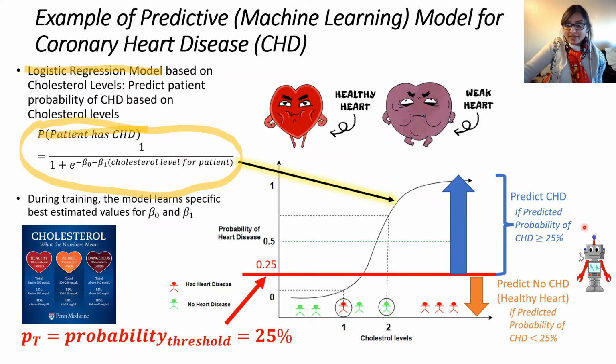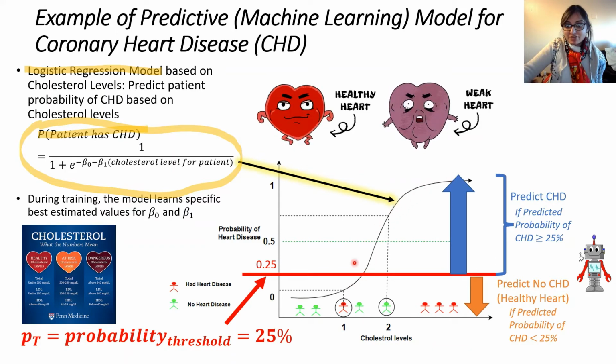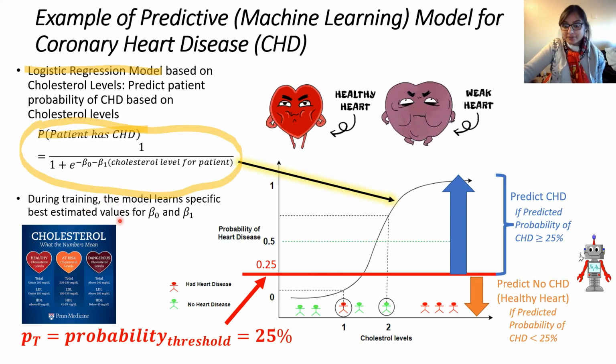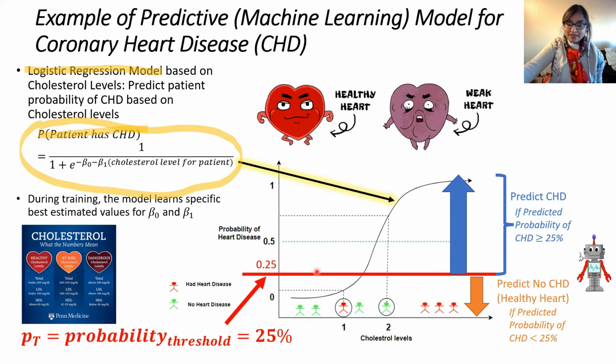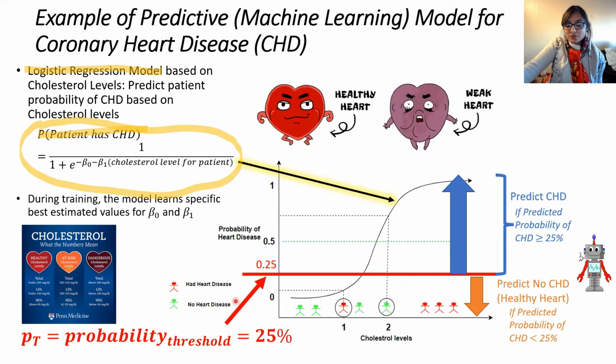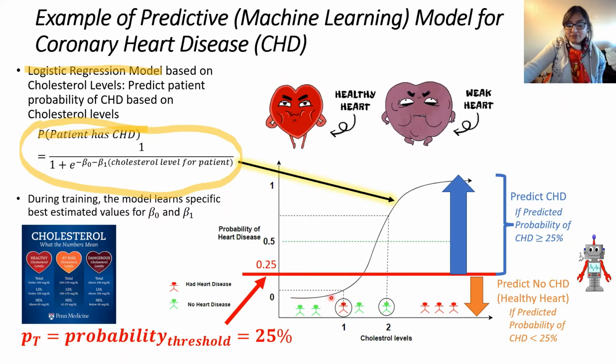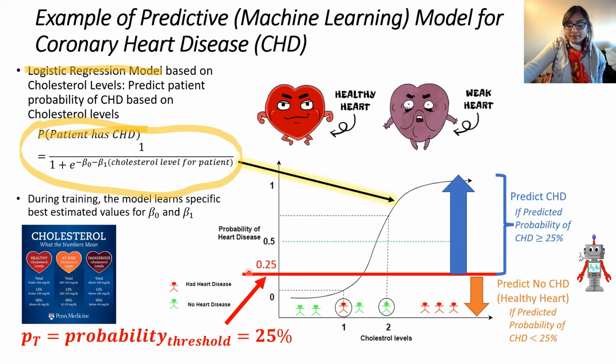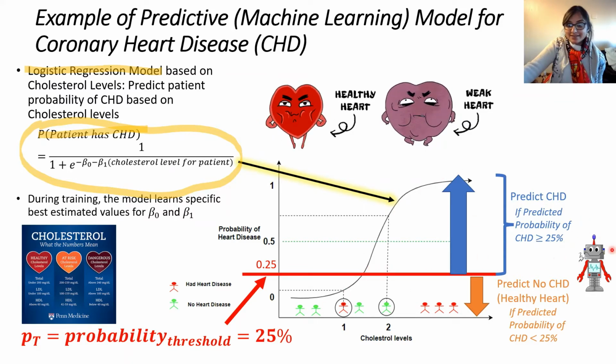And during the machine learning training, when we're building the model, this curve here, the logistic regression model will learn the specific values for beta 0 and beta 1 that are good estimates. It's trying to estimate the best values based on our data. But basically, if we use this model, as I was showing before, and these are patients who don't have heart disease in green and patients with heart disease, CHD, in red, then if we instead reduce our probability threshold to 25% for the same machine learning model that this little guy, robot Pug, has learned, what we're essentially saying